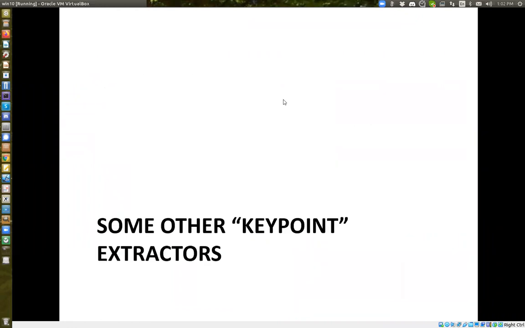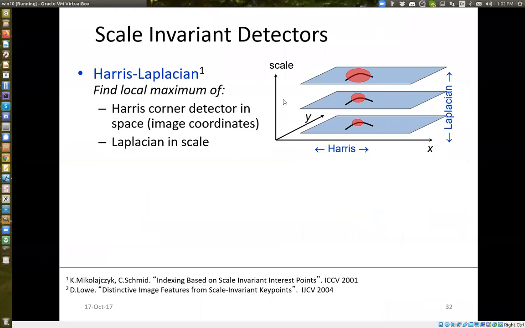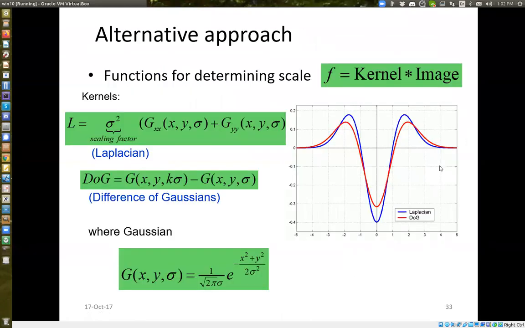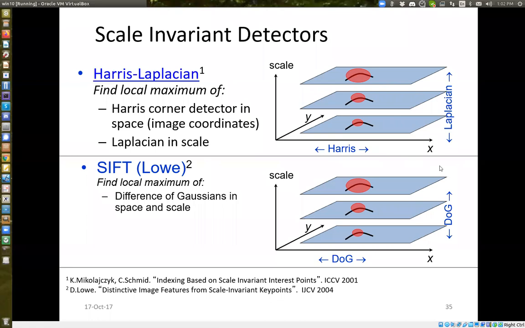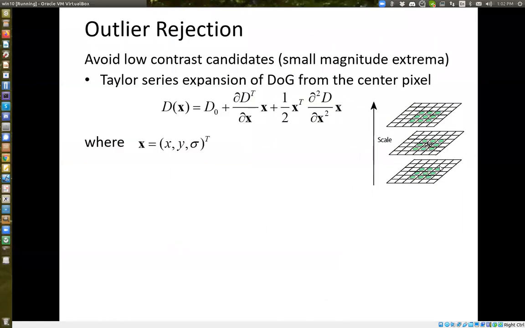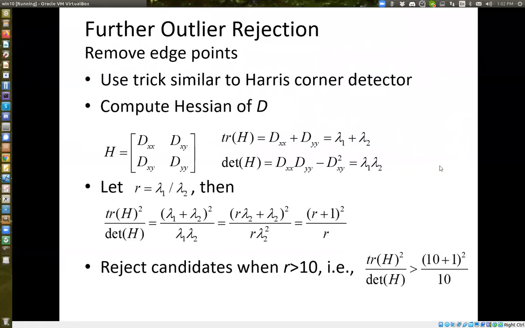Then we find the maximum across both the scale dimension and the pixel dimensions, X and Y. That maximum will be the key point. Sorry, not the descriptor, the key point. And for the descriptor at that location,